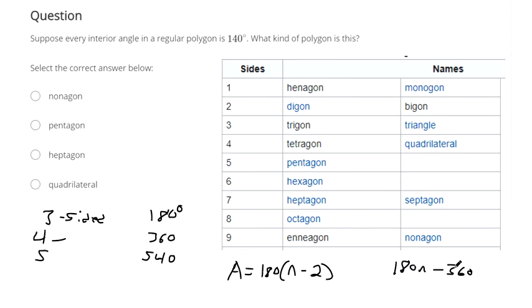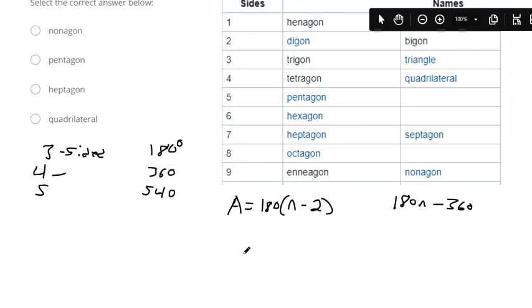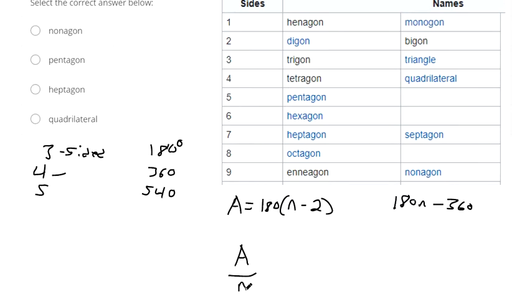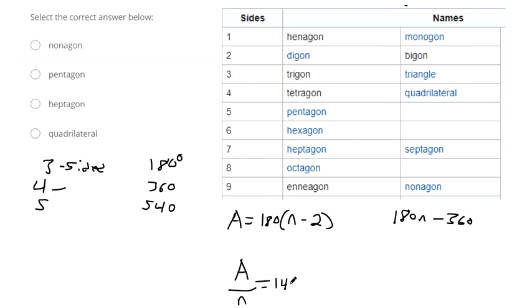Okay, so every interior angle in a regular polygon is 140 degrees. So that means if you divide the total of the interior angles by the number of sides, it should equal 140 degrees. Let's see, what can we do with this? I mean, there's an algebra way of doing this. I hope this isn't too complicated, but